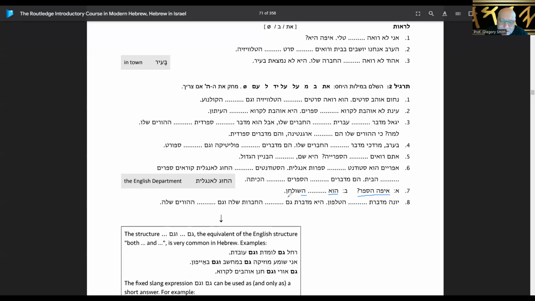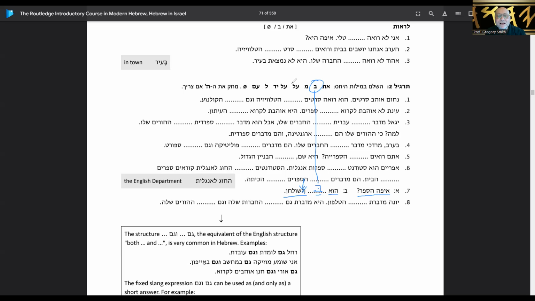Hu blank. See, where is the book? Okay, blank. Here's the answer. It is shochan. That's got to be the table. I bet you it's in the table. Okay, so because we've got a definite article here and we put a bet, the bet, remember, means in, with, or on. So we're going to put a patach under there and get rid of the hey. So it should be bashochan. Hu bashochan. It's in the table, or it's on the table. I bet it's going to be on the table.